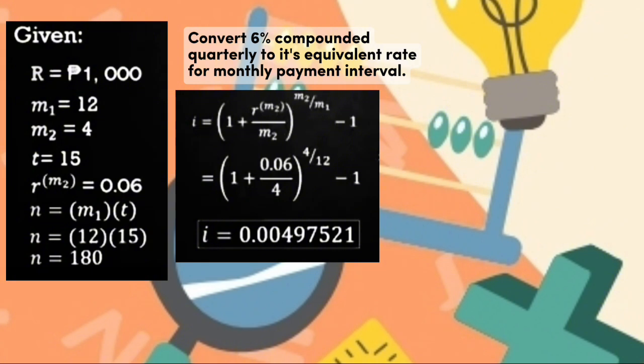So first, we need to convert 6% compounded quarterly to its equivalent rate for the monthly payment interval. So what we're going to do is to substitute. So (1 plus 0.06 over 4) raised to the power of 4 over 12, minus 1, is equal to